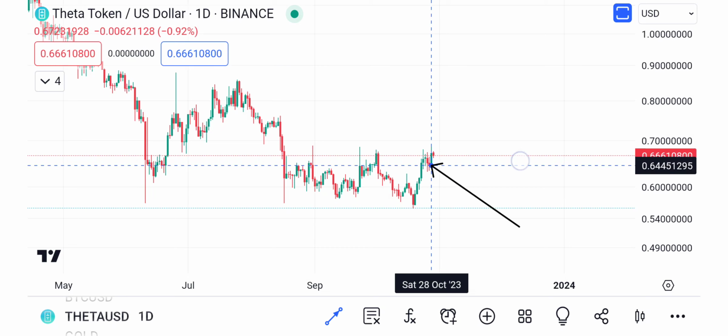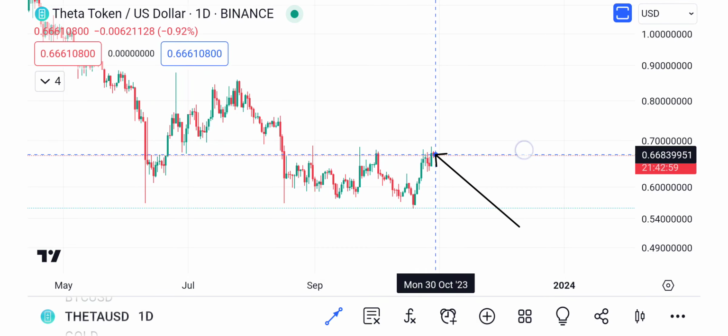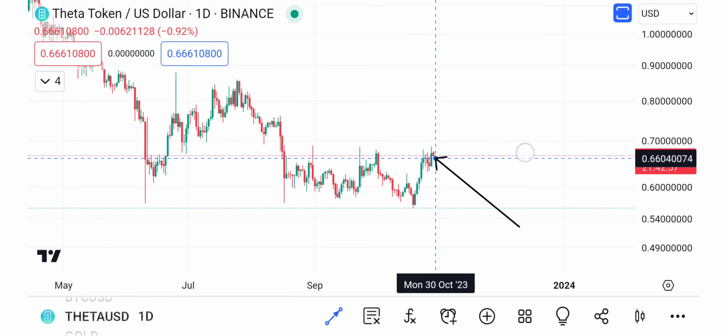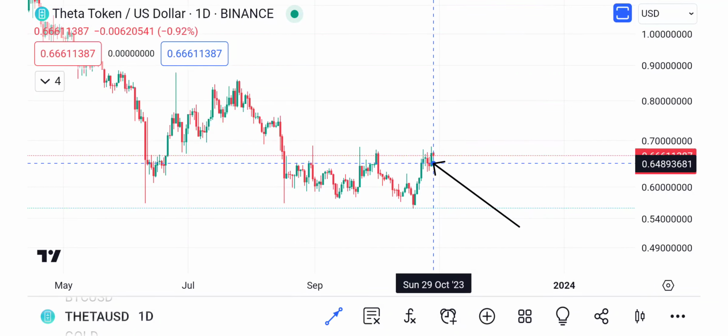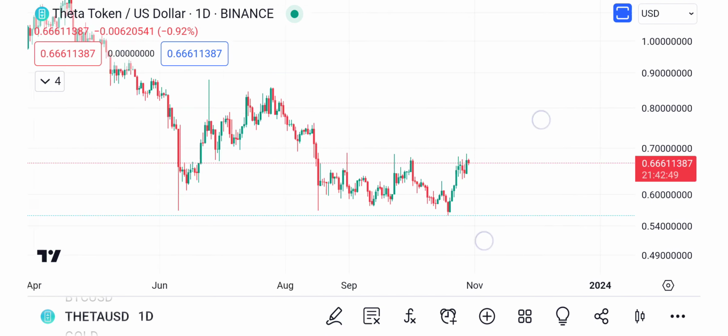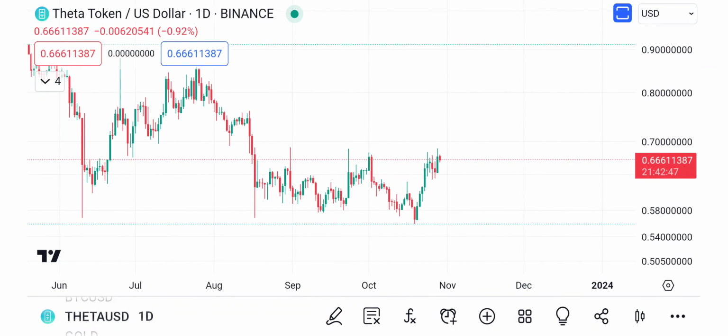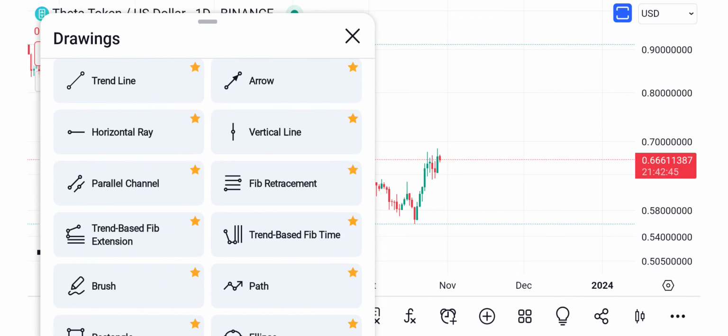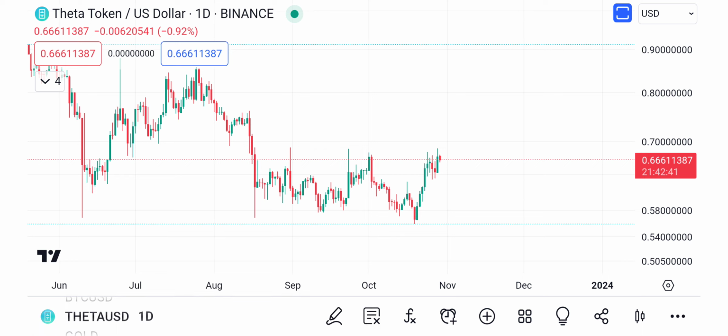So we had this little pullback, we had another candle, but there's no follow through at the moment. But that's fine because what I think is happening, and I could be totally wrong, this thing can go right now, but what I think is happening is we need some sort of cool off phase. I mean, this is the 1 day chart, so we had